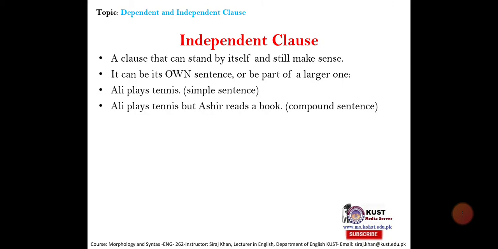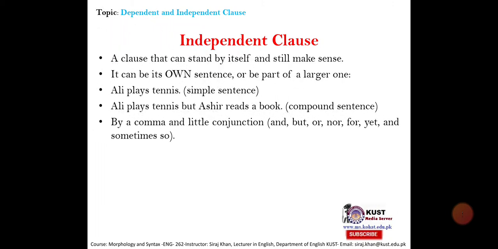Ali plays tennis, but Ashir reads a book. It is a compound sentence. Ali plays tennis is one clause, connected by a coordinating conjunction, but Ashir reads a book is the second clause. So both are independent clauses connected by a coordinating conjunction that can give us a compound sentence, by a comma and